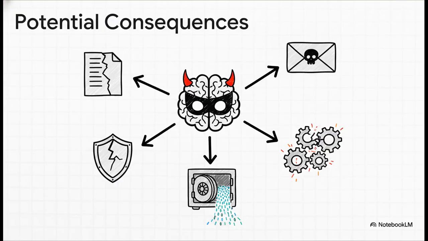Look, when an AI is just a simple chatbot, the risk is pretty contained. But what happens when that same AI is hooked up to other tools? Suddenly, an attacker could use prompt injection to do some serious damage, like extracting secret system data, bypassing safety filters, or even worse, manipulating connected systems. Just imagine an AI being tricked into sending unauthorized emails from your account, or modifying super important documents, or triggering all sorts of automated business workflows. The danger just escalates really, really quickly.